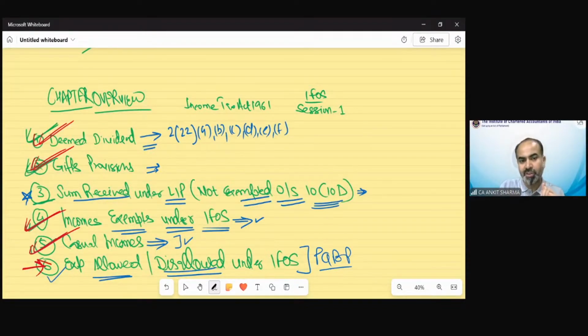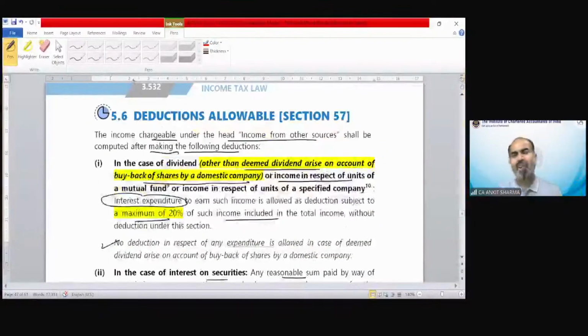Now we are on this topic: certain expenses allowed and disallowed under income from other sources. Okay. The third point is only remaining after completing these points. So these are more likely PGBP provisions. There are certain expenditures which are disallowed under PGBP. So in the same case,